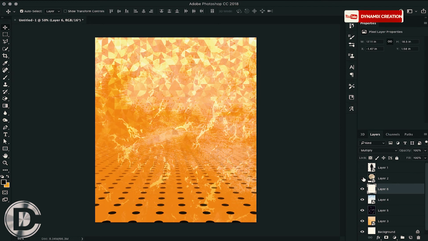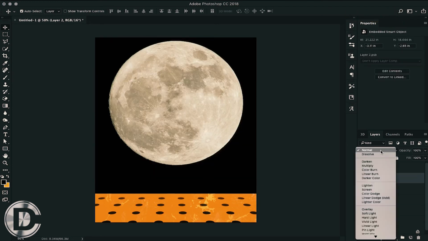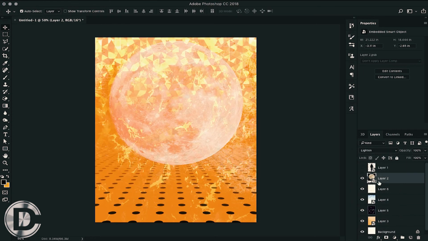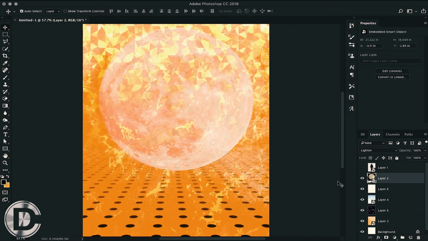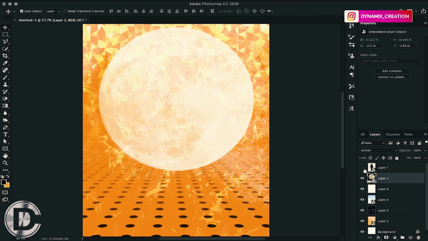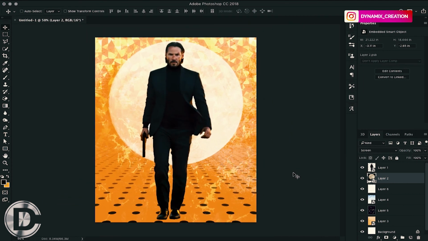Moving ahead to the next layer, I have an image where I want to hide the black portion and I only want to reveal the white one. So what we will do is choose from the lighter panel. What this mode does is make the darker portion's opacity 0, so that the lighter portion is the one which is visible here.